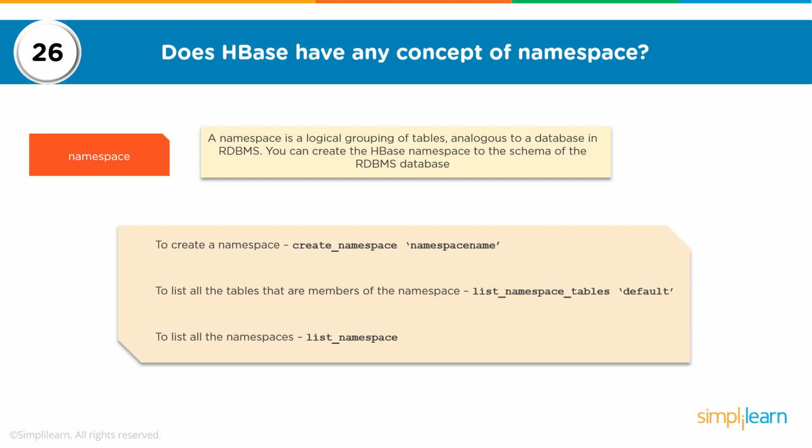You could create a namespace by saying create namespace and giving it a name. And then you could also list the tables within a namespace, and create tables within a specific namespace. Now this is usually done in a production environment where a cluster might be a multi-tenant cluster and there might be different users of the same NoSQL database. In that case, the admin would create a specific namespace, and for a specific namespace you would have different directories on HDFS, and users of a particular business unit or a team can work on their HBase objects within a specific namespace.